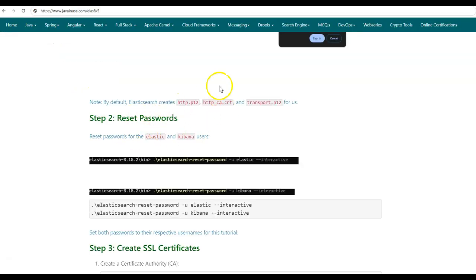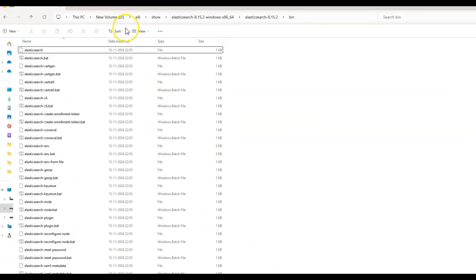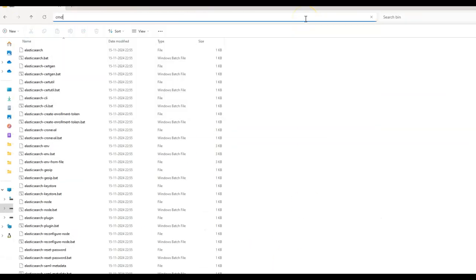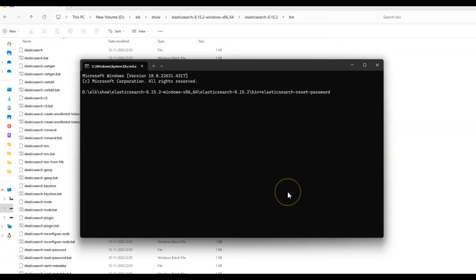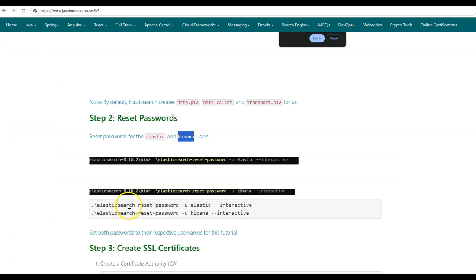Next, instead of using the system generated password for Elasticsearch and also for setting a new password for Kibana, which we'll be using later, we'll be resetting the passwords for both Elasticsearch and Kibana. So for this, go back to the bin folder and here again start the command prompt. We'll be making use of the elasticsearch-reset-password command. So here elasticsearch-reset-password -u, that is for elastic, and we want to set it in interactive mode. So copy this.